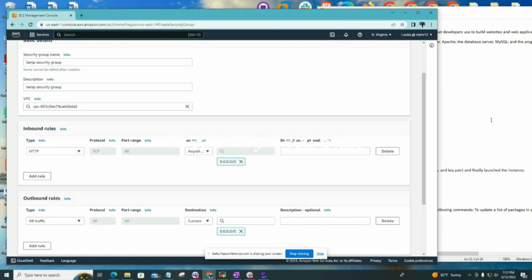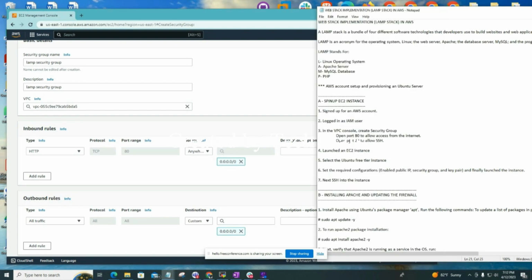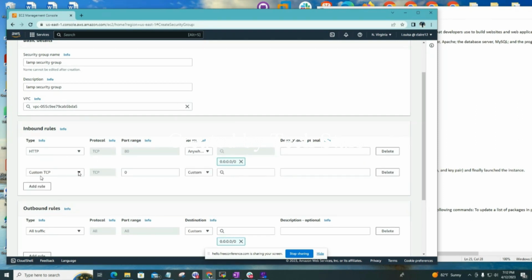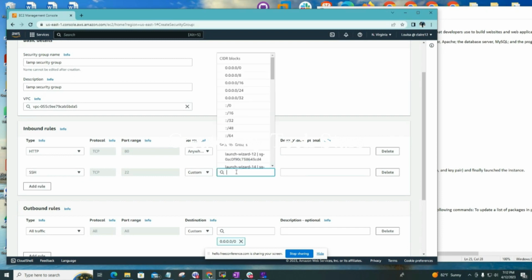After port 80, they want me to also open port 22. Port 22 is for SSH. So I will come over here and add another rule, and that rule will be SSH. And when I select SSH, you see the protocol is TCP and the port is 22. So I want to SSH. I will select all over the internet here, but trust me guys, you will not be doing this on a